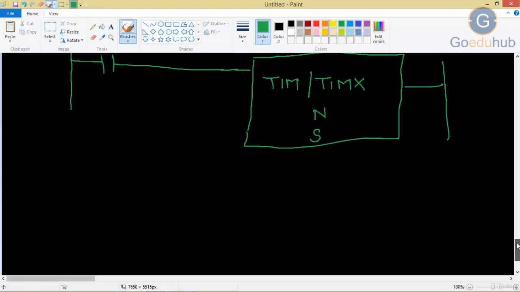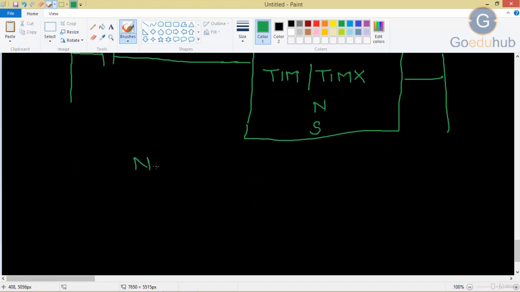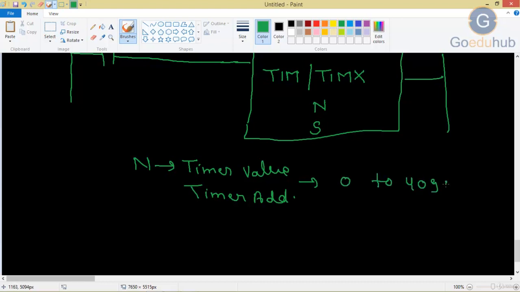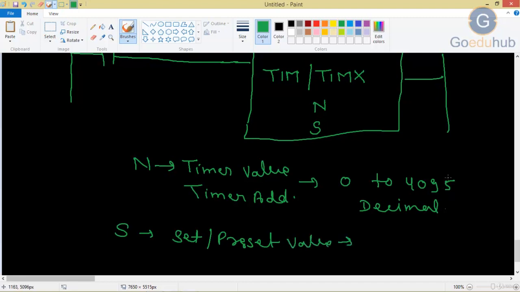So first see what N and S are. N is your timer value, or you can say the timer address, that we can provide from 0 to 4095, in decimal. Then we have our set value, or preset value, that we have to provide.